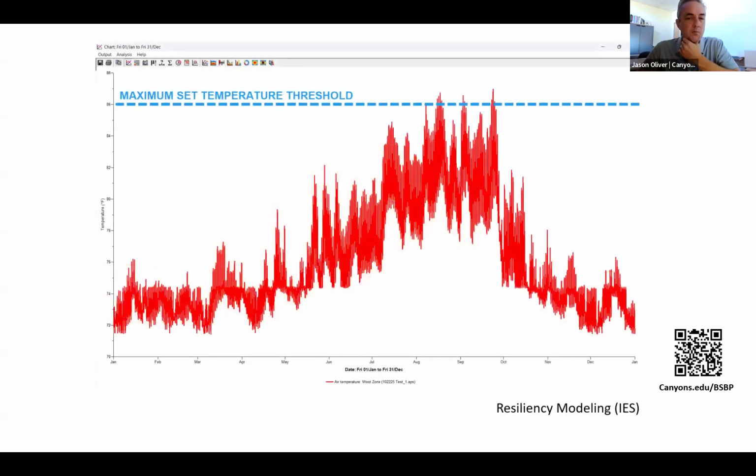And so with performance simulation, we can actually predictively model that. So we can, through natural ventilation, through the various construction assemblies for a project, the orientation of the building relative to solar heat gain, predictively model what would be the interior conditions inside a space.